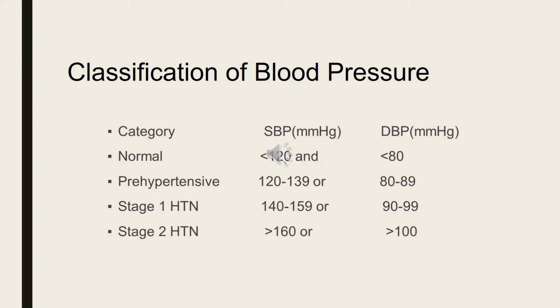Okay, classifications of blood pressure. When we look at it, you can see that the normal blood pressure is 120 or less systolically, and diastolically it's 80 or less. So when you get into the prehypertensive, you're looking at 120 to 139 systolically, or diastolically 80 to 89. It's easier to try to have somebody modify their diet in this prehypertensive section,